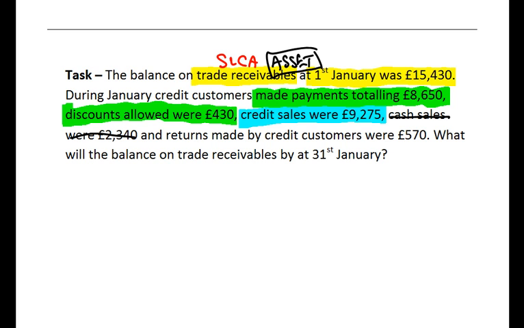And we then got some information about returns made by credit customers. Now, credit customers make returns to us, and we will therefore be issuing some credit notes. Well, that will reduce the amount that they owe us. If they send some goods back, we're certainly not going to pay for them, so I'll put them in green, along with the payments by the customers and the discounts allowed. They all reduce the sales ledger control account, whereas the credit sales I've made will increase the sales ledger control